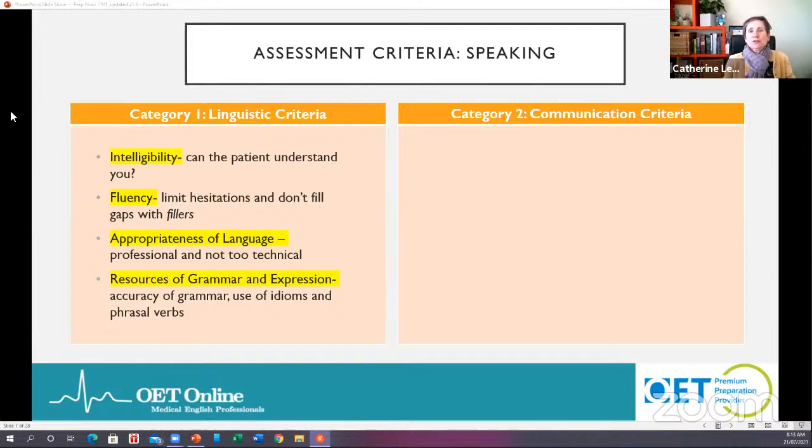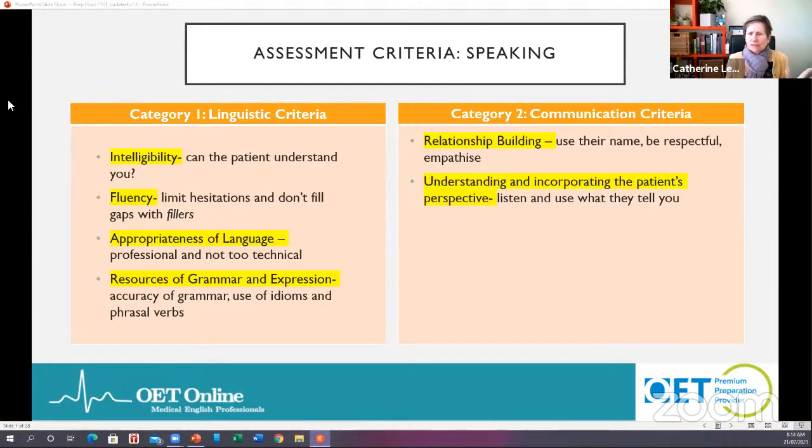Your ability to use good grammar and good vocabulary, perhaps with phrasal verbs and idioms, which is going to be my focus today, to give you some examples of how you can use this and show these skills to the examiners. Your relationship building. So making sure you try to use the patient's name, not just at the beginning, but maybe throughout the role play. Be respectful at all times, and show empathy when necessary.